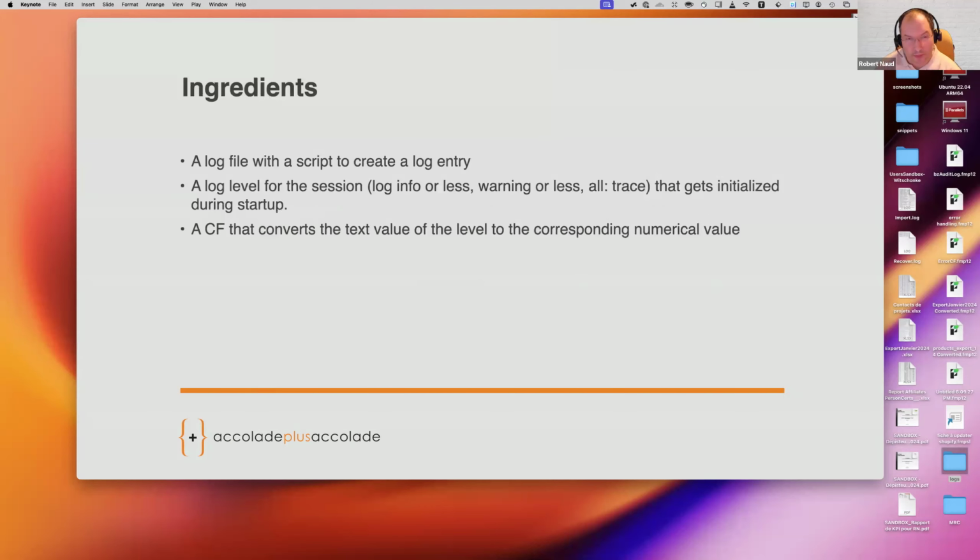So ingredients. All right. So, like we said, a dedicated file. Okay. And that file will need a script to create a log entry. Okay. We also need a log level for our session, okay, to say, are we going to be logging at what level, right? So just the errors, or warnings and errors, or warnings or info, or everything. I want trace, I want debug stuff too,